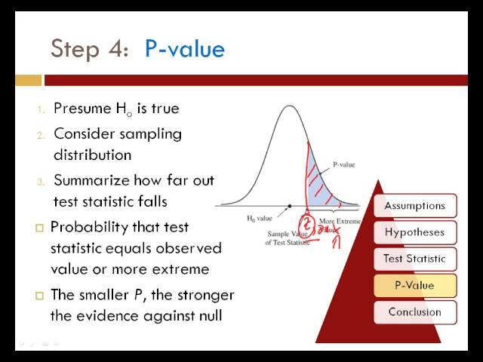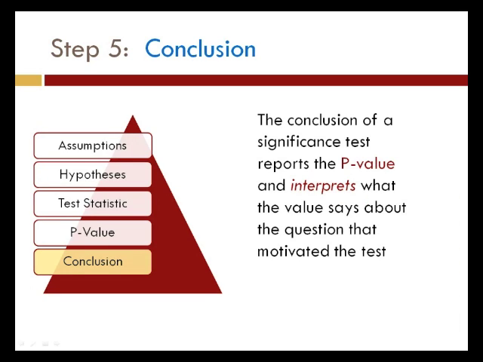And then your conclusion will be looking at the p-value, looking at what your threshold value is and comparing the two and deciding, how strong is that p-value against the null? And then writing up, yes, we can conclude that the alternative is true. Or if the p-value is larger, you'll have to say, no, there's not enough data to conclude that the alternative